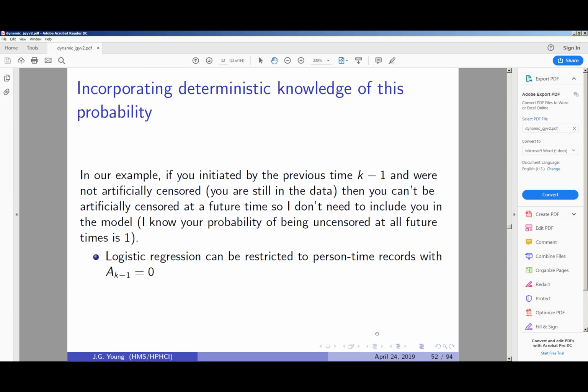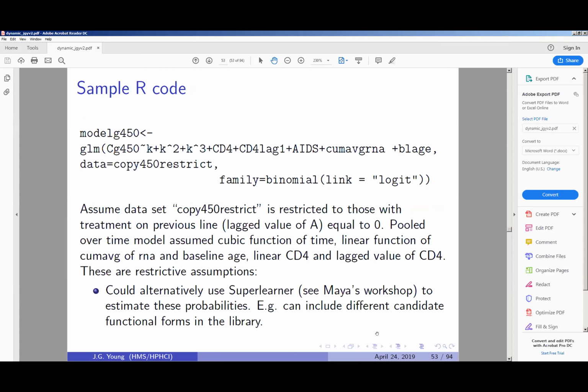So that's going to be why I'm fitting the model. This just gives some sample R code. Actually, I'm not that consistent about providing code, but I do it in this case. This just shows how in R you could fit a model for the artificial censoring and copy,